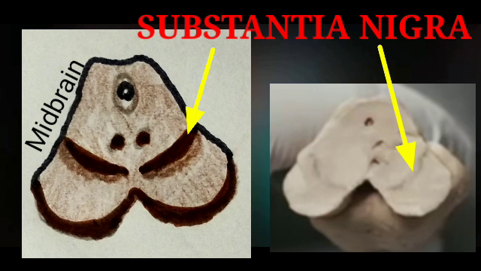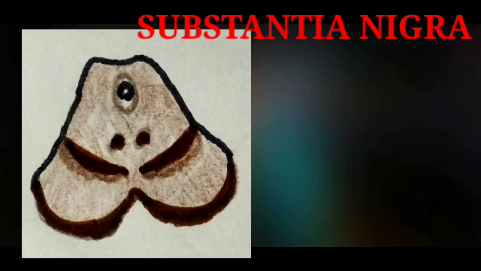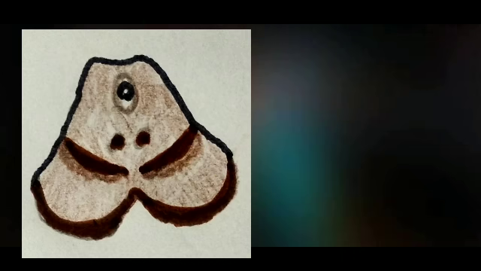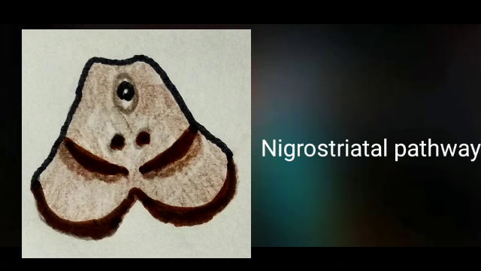The pigmented band of gray matter provides dark color, and this is located between the tegmentum and crus cerebri, and it contains melanin and iron. The dorsal part is pars compacta and contains medium-sized cells, and the ventral part is pars reticularis and contains few cells and is lighter in appearance. The deeply pigmented nerve cells, that is the melanin containing neuronal cells, synthesize dopamine, which passes to the corpus striatum through nigrostriatal fibers.